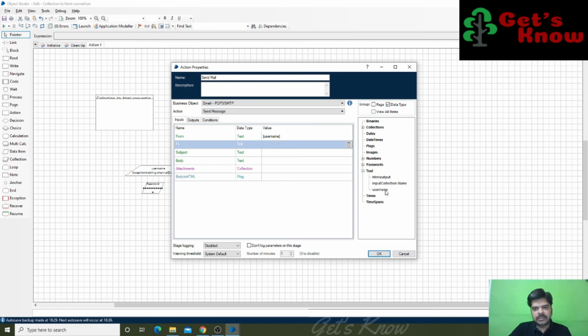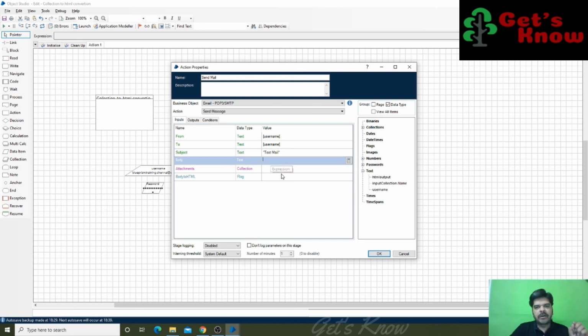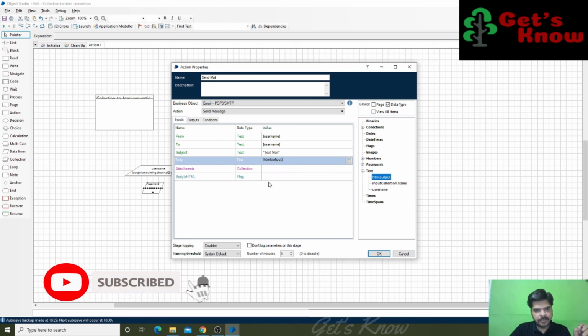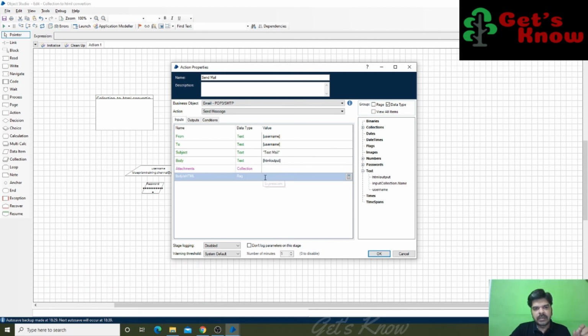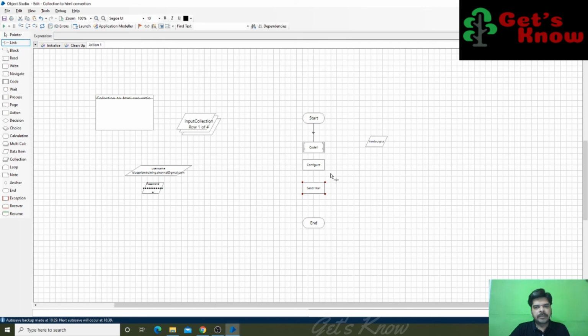Here I'm going to use the same mail ID as the recipient, and for the subject I'm just giving test mail, and the body text value. This is the value I'm going to use as the body value. Attachment, nothing. So does the body value have HTML format or not? Yes, you are having HTML format, right? So then this input should be set to true, and then link, open it.